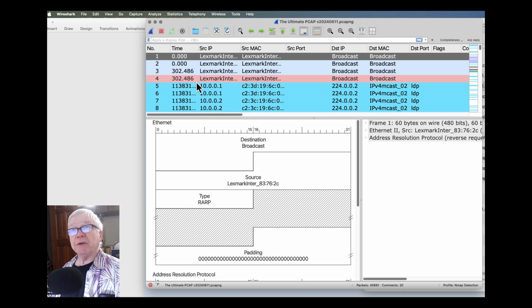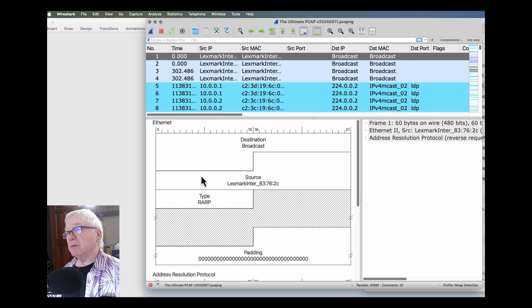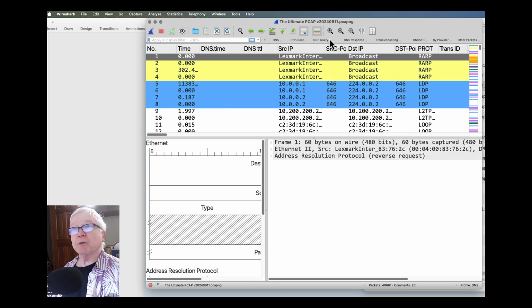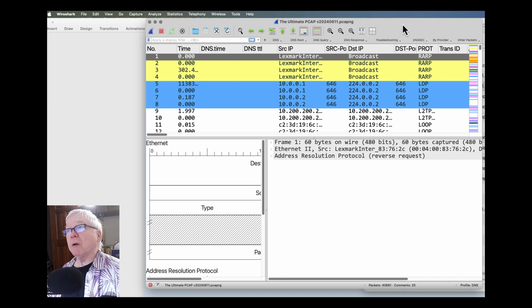But anyway, the point being, I can have a lot of different columns, and I don't have to be resetting them and figuring them out, and I can have a lot of different buttons, and I don't have to be remembering them, because I can save all that as a unique profile for finding particular problems. If I'm having problems with DNS, here's my DNS profile, and it's already set up with the columns that are going to be most interesting to me, and with the buttons and the sets of buttons that are going to be most interesting to me when I'm looking for aspects or problems with this one particular protocol.